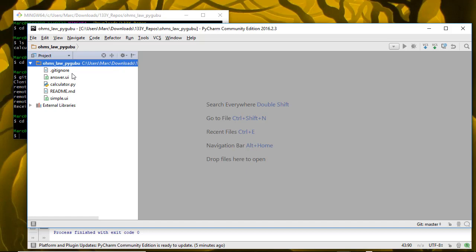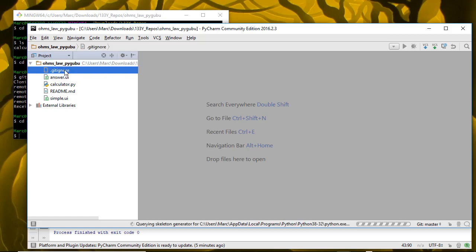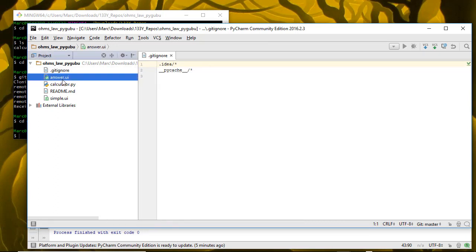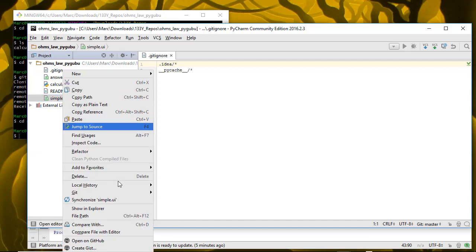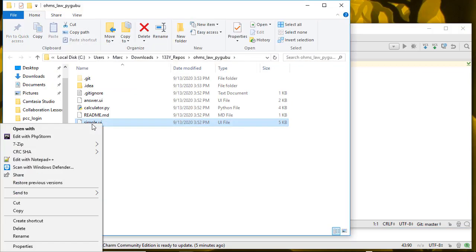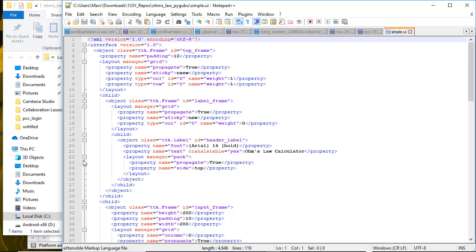So what we have here, there's a .gitignore file because we want to ignore the .idea folder and the pycache folder. This answer.ui and simple.ui, these are the XML files with my program descriptions in them. So if I go ahead and right click on that and show in Explorer, and then I right click and open with Notepad++, so this is an XML file, and basically it's a nested